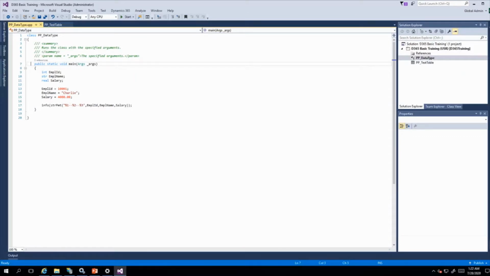Now if there are 3 employees, then if we use primitive data types, we need to define variables multiple times, like for the first employee integer employee id1, for another we again have to declare integer employee id2. Like that we have to declare the same variable multiple times because the number of employees is more. So in order to ease this, we can use composite data types, for example array and containers.